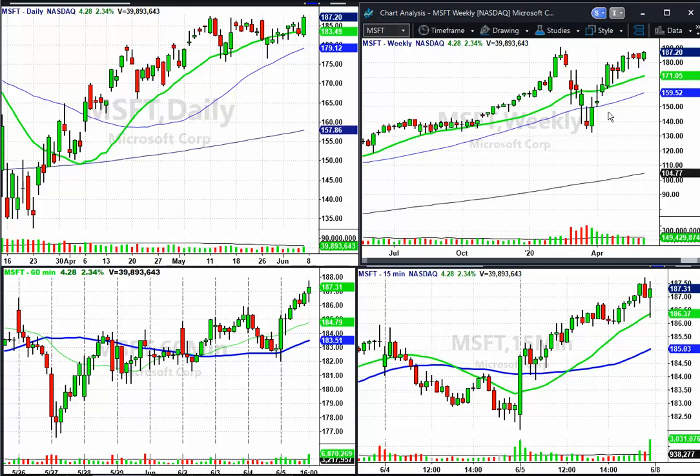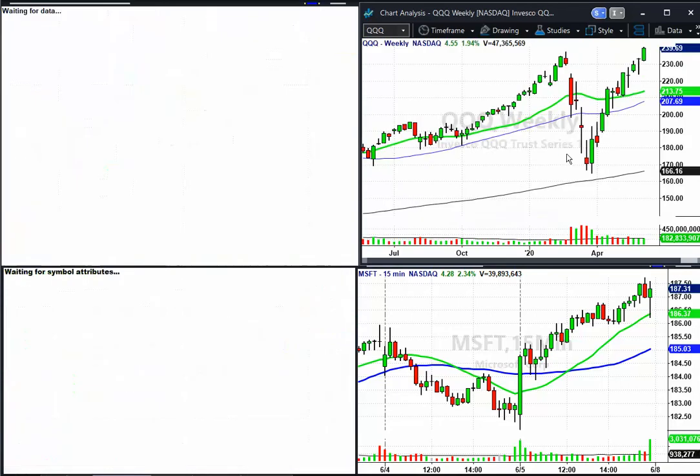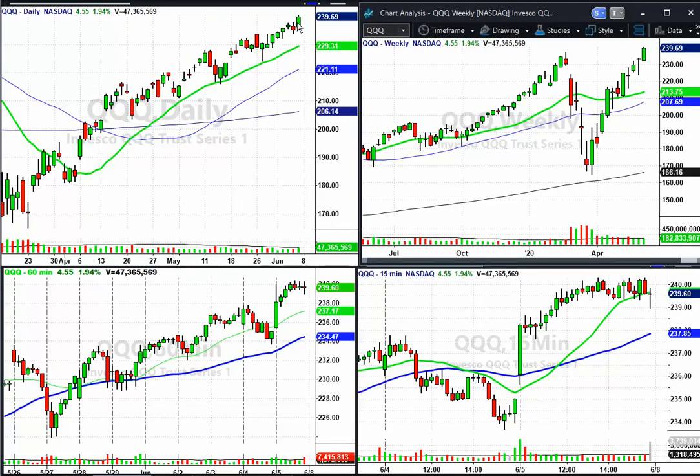Okay, swing trading, you pretty much at this point when you're this extended up, let me go back to the Qs here real quick, and you're shorting, you really don't have anything to bank off of other than the most previous bar. Okay, and a lot of times what happens is these things, as you see, they just keep grinding up and grinding up and grinding up and just killing the shorts. But I think Friday was a capitulation day for a lot of the shorts. I think a lot of them got drained. There are some issues where people got killed. I'm going to talk about that in my short ideas here shortly. And I think we're right now ripe for a pullback.